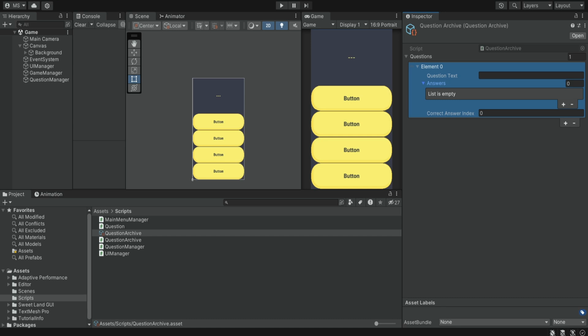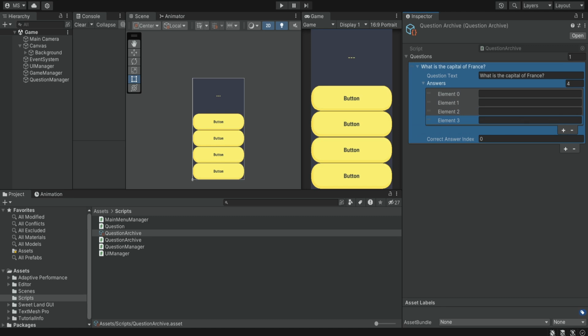So I have it over here, and I simply used ChatGPT to generate a few questions. I'm going to paste them over here. What is the capital of France? And I'm going to create 4 answers. London, Berlin,